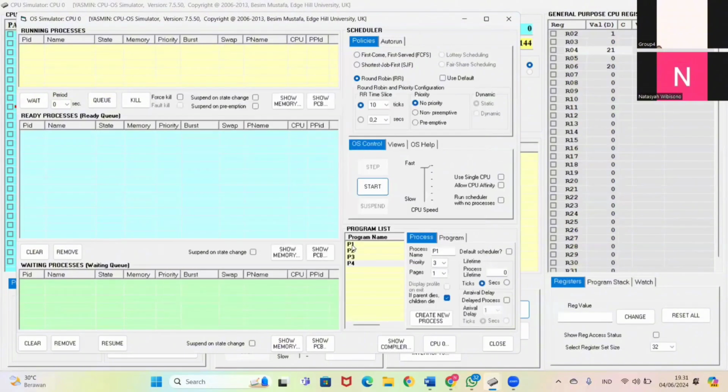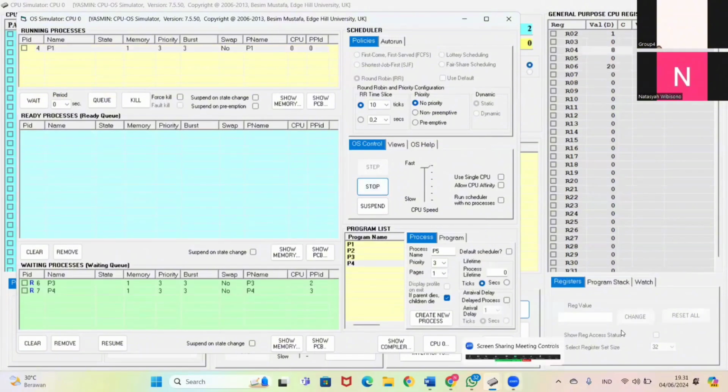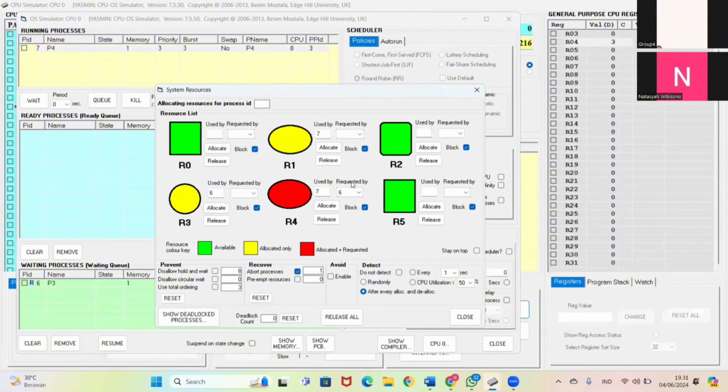Then next, we can also overcome deadlock with the recovery method. Here, there are two recovery methods, namely abort processes and also preempt resources. We try abort processes first. So in this method, if a deadlock occurs, one of the processes will be aborted depending on the priority and also the resource being used.